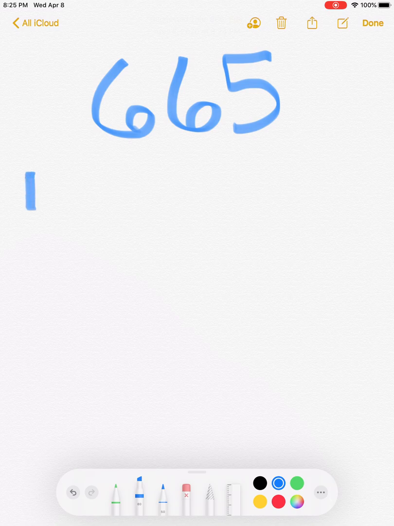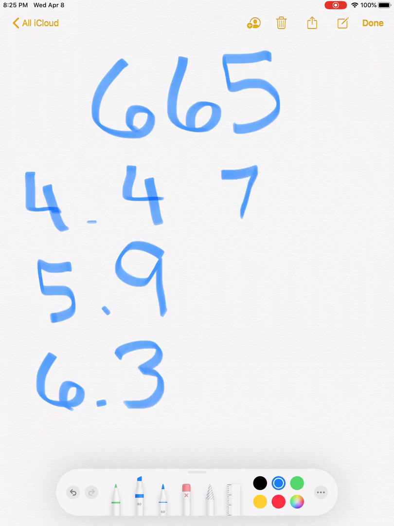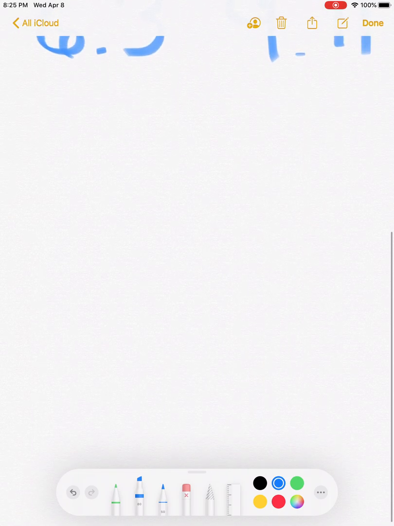Number 4, the answer is 4. Number 5, the answer is 9. Number 6, the answer is 3. Number 7, the answer is 6. Number 8, the answer is 13. Number 9, 11. Number 10,